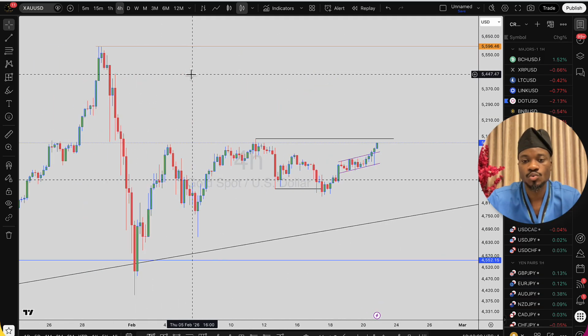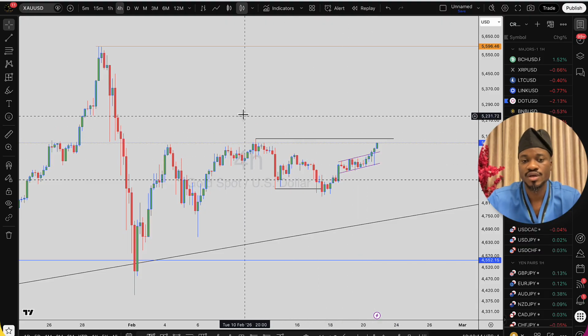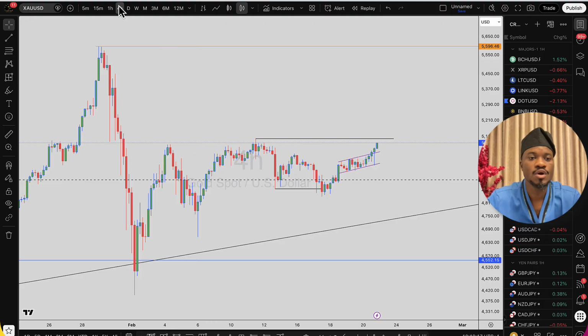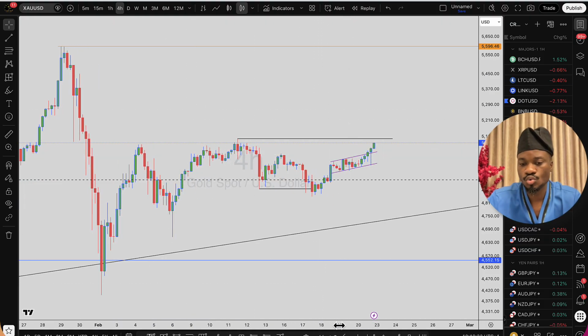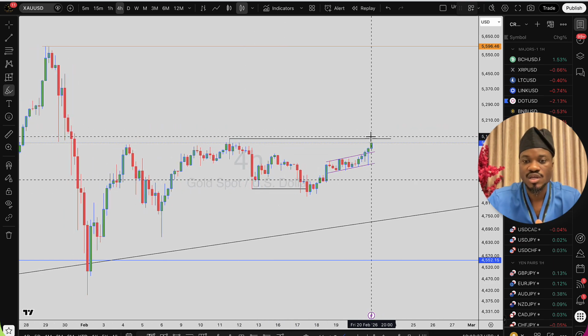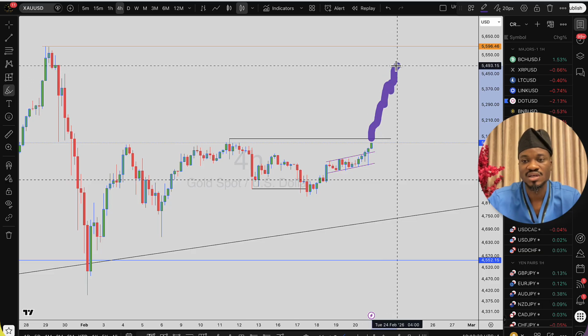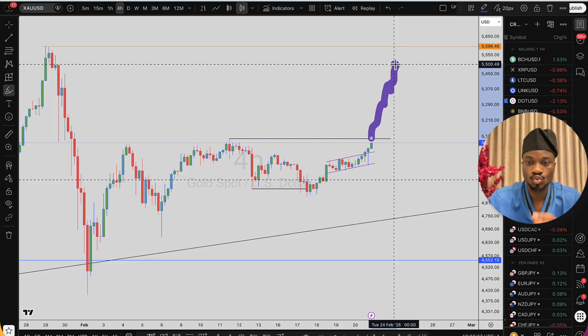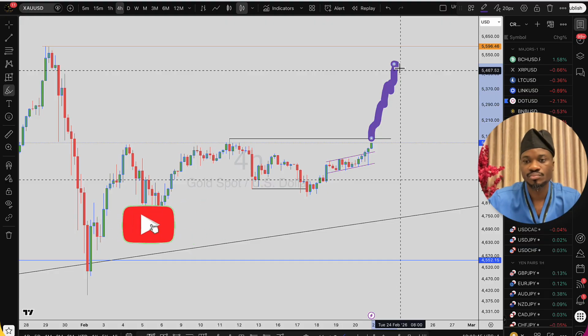On the 4-hour chart, this is what we have on the 4-hour chart. We traded these buys right here. I made a video right here on our Yoruba platform, right? So next week we should expect more buys on gold, right? So we have a key level structure right here. So next week, if price should break this level right here, then we should expect more buys to flow in on gold. And the next possible supply zone acts at the price of the 5,500. Alternatively, price could go all the way high to test our multi-year swing high. That is the peak of gold, which acts at the price of the